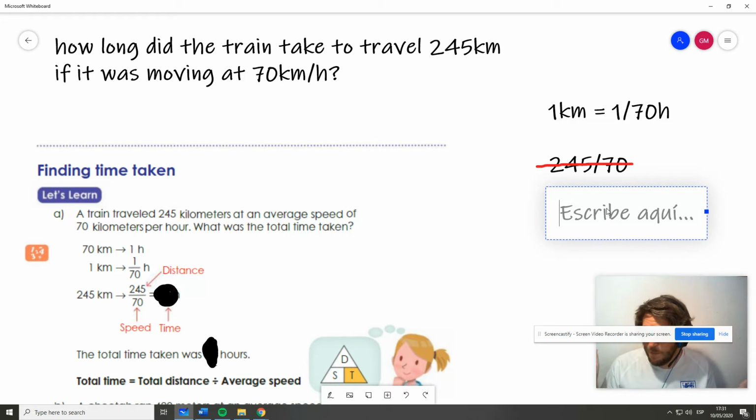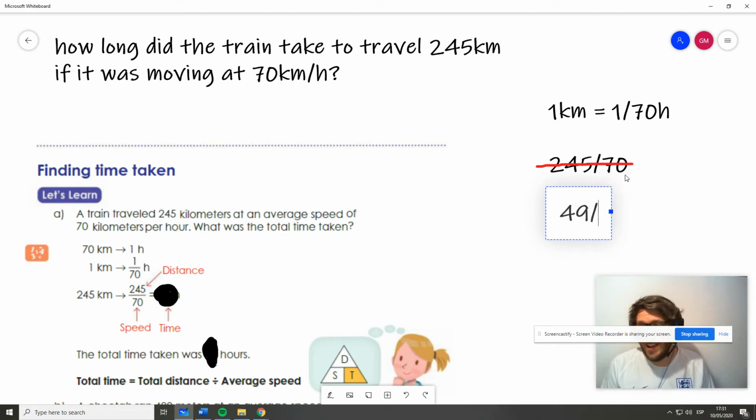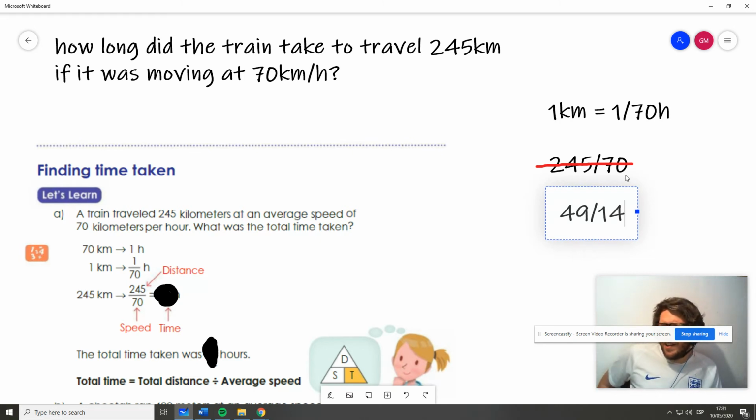Oh, look, this ends in a 5 and this ends in a 0, so I can divide them both by 5. 245 divided by 5 is 49. And 70 divided by 5 is 14. Could I simplify that any more? I don't think so. So now I've got it in its simplest form, but it's still